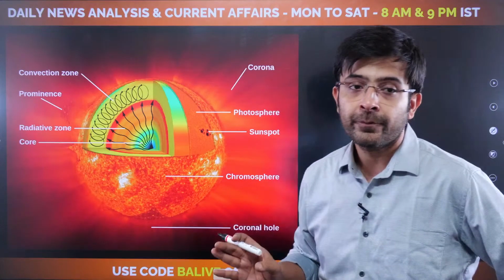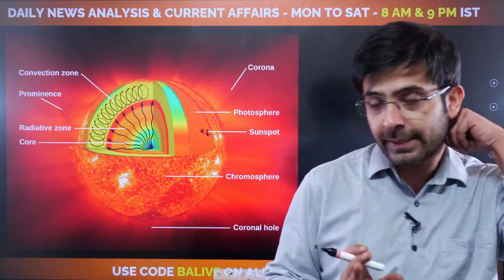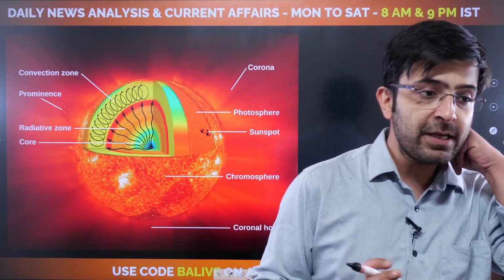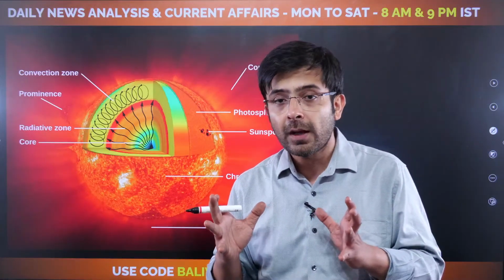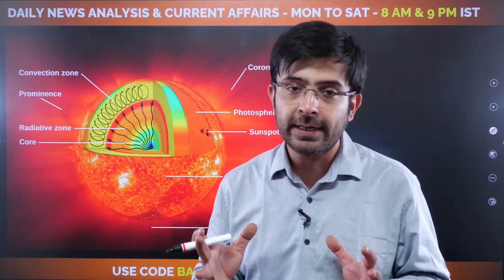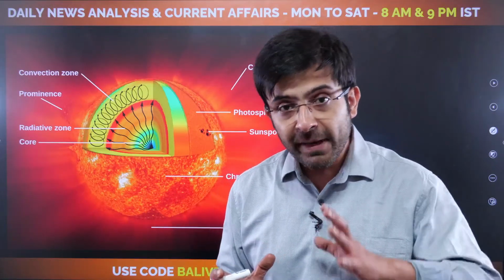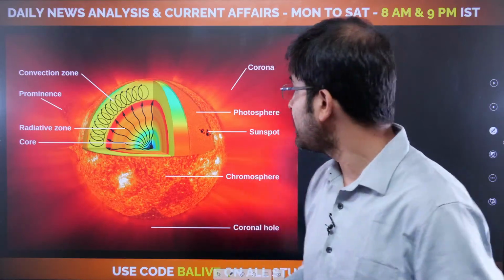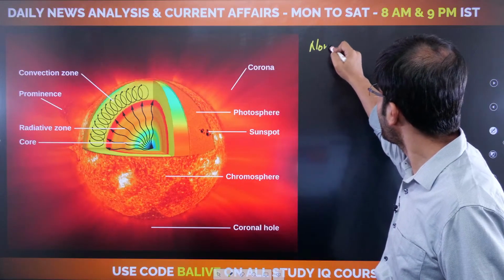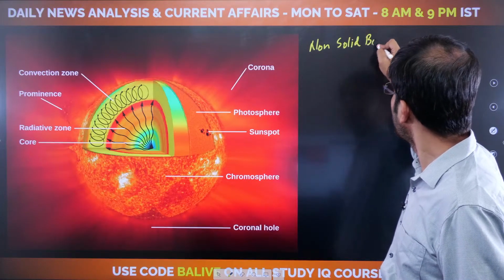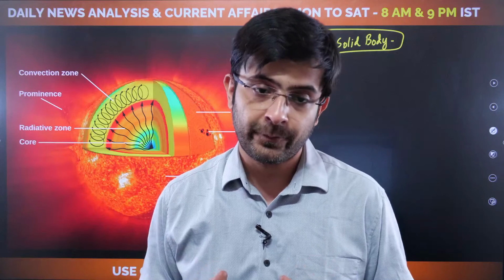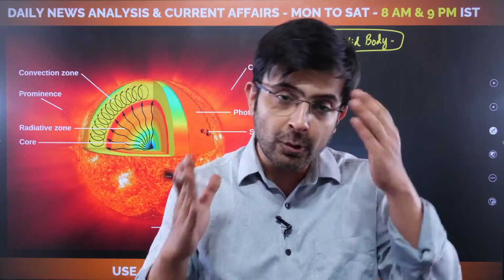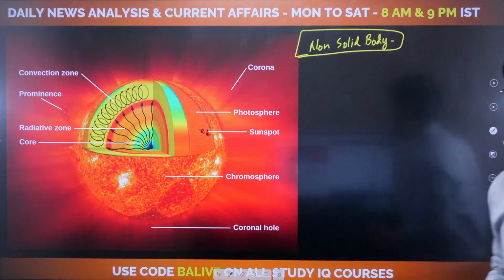This is the Sun for you. Now a major misconception that most students have is that the Sun is a solid body. It is a ball of fire. That is what we are taught. While that may be true, what is absolutely true is that the Sun is a non-solid body. In fact, it is made up completely of gases, and a lot of the interaction of those gases is violent. So if you want to note this down, now would be a good time. आप थोड़ा सा लिख लो पहले इसके बारे में.